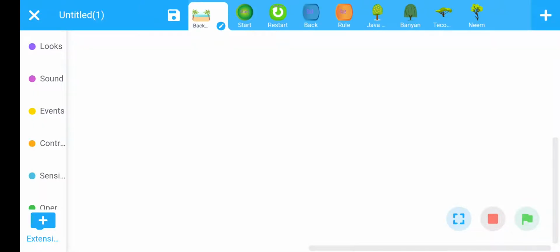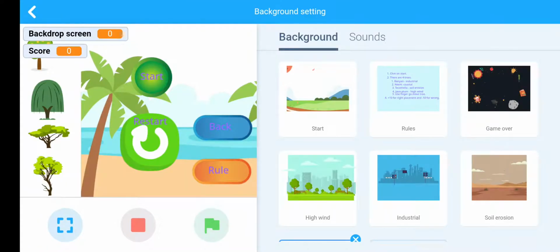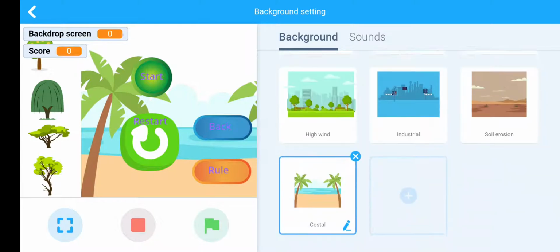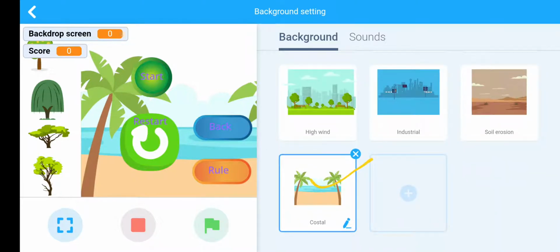In part 1 video we have added 7 backdrops here and one more, this one. Okay, and also added these 4 buttons here, plus these 4 trees also added.